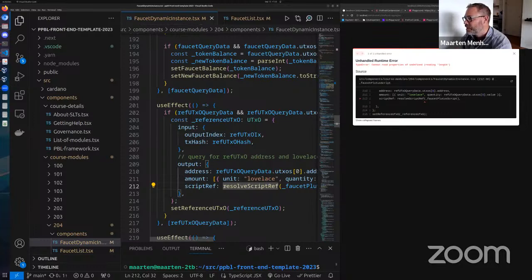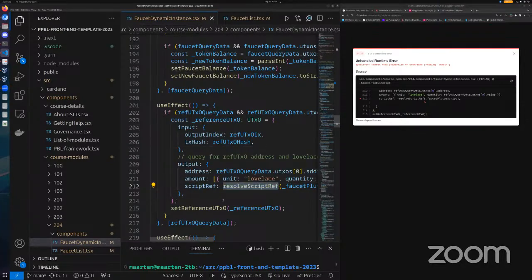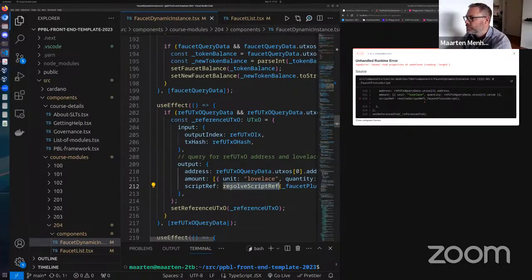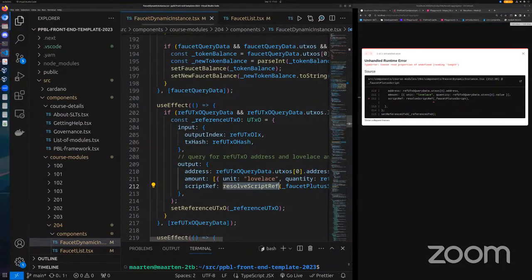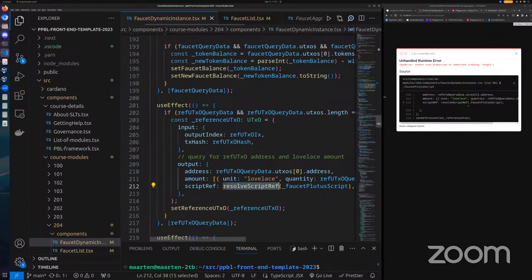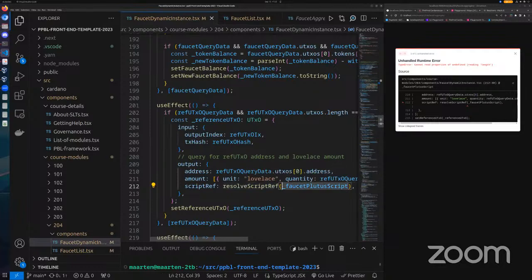This resolve script ref, what does it do? That's a Mesh function. What does it take as a parameter? It takes this faucet Plutus script. What's the type of that?